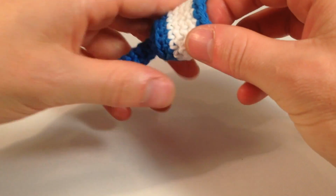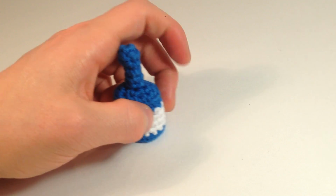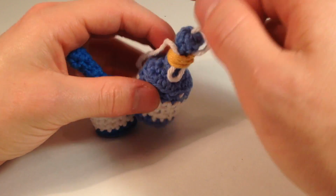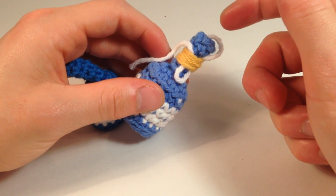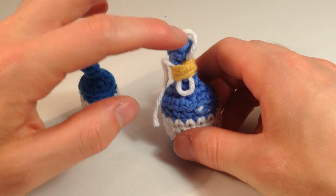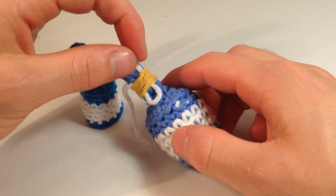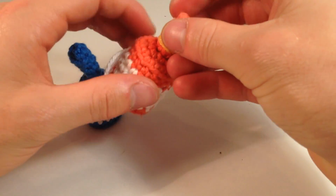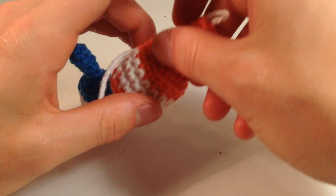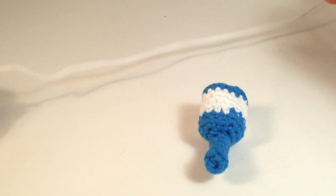Alright. So now when you're finished with this part, you're going to want to make the string on the top and the yellow, to make it look like it's foil. This is when it hasn't been pulled out to pop. When you buy them, sometimes they're like this, and this is when it's already been popped. Yeah. So what we're going to want to do for this is just get a string of white yarn